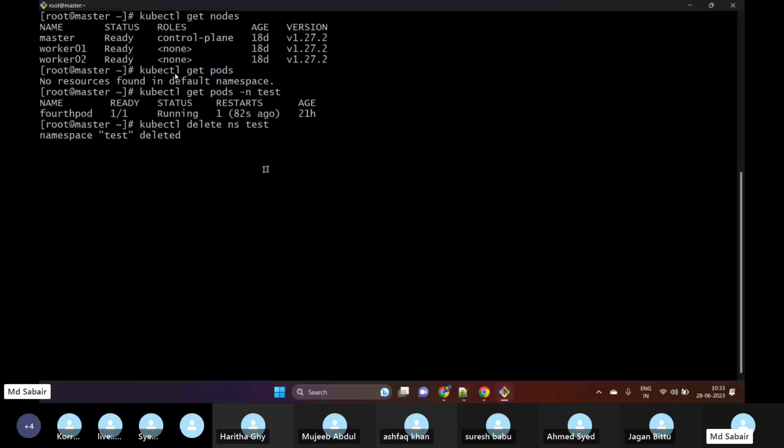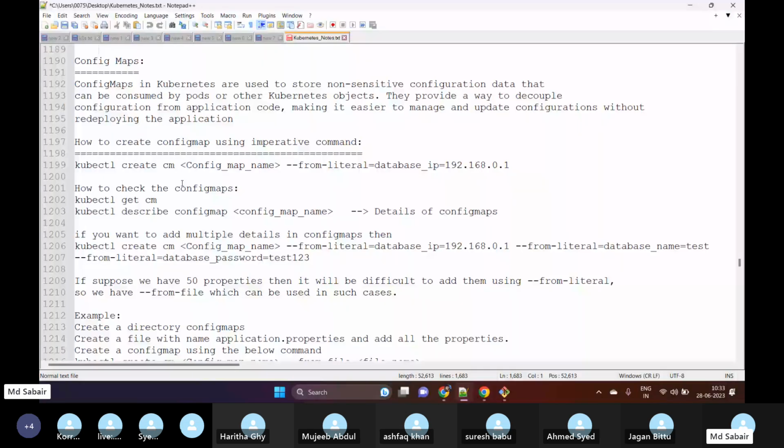So as part of today's concept, we'll talk about config maps. So what is a config map? Any idea? Why do we use config maps in Kubernetes? Basically, config maps in Kubernetes are used to store non-sensitive data. Non-sensitive data means it can be something related to your URLs or any of your variables. So if you want to inject something into your pod, for example, if you want to add any variables, for example, if you have two different pods,